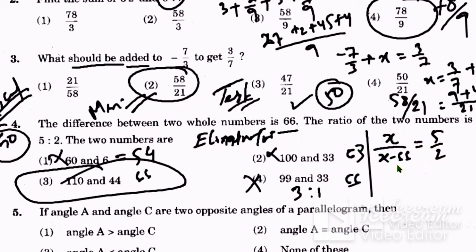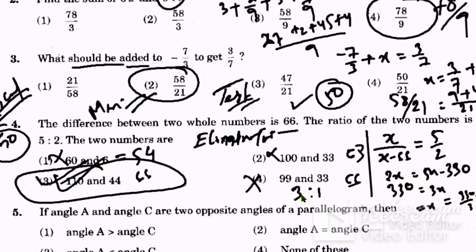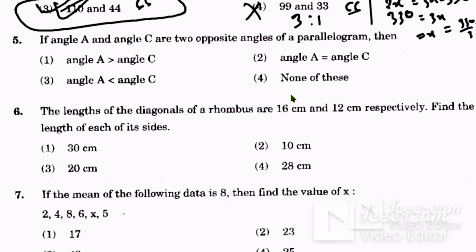So you have to do the cross multiplication. You get 2x is equal to 5 into (x minus 66). That is 5 6s are 30, 0, 3 carry 3, 5 6s are 33. So it will be 5x minus 2x, 3x, and this will be 330. So x is equal to 330 divided by 3, that is 110. So you can get this answer, third option. So this was the basic method, and before I already told you what the elimination method was. Next we will see question number 5.